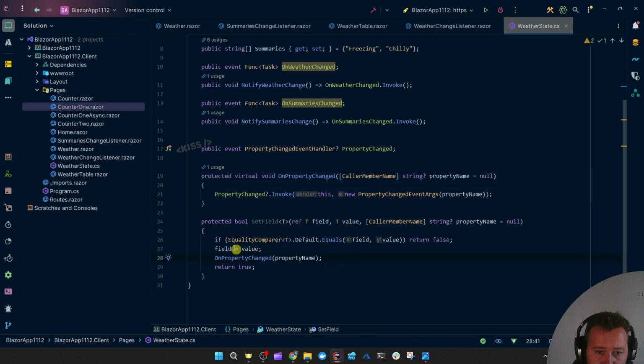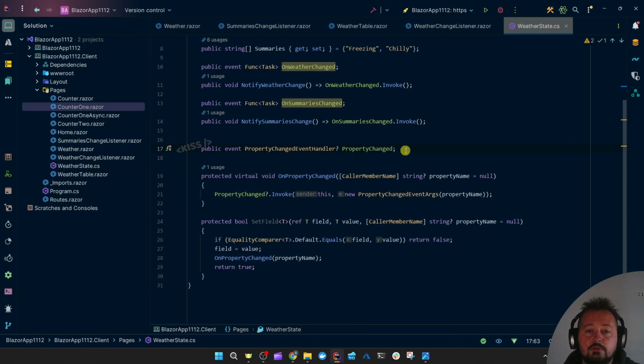And that actually already has the logic to compare the original value in the field and the incoming value. First, if they equal each other, it means it didn't change, so return false. If it does differ, update the field to the new value and trigger the OnPropertyChanged with that property name,